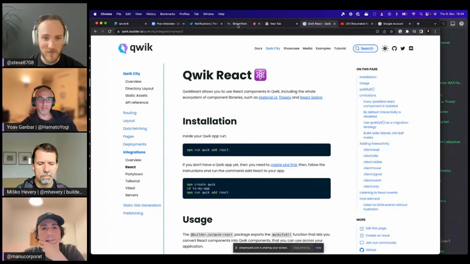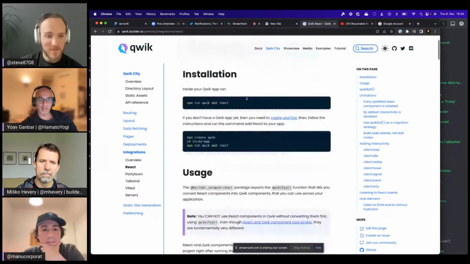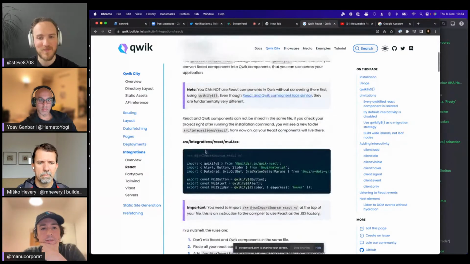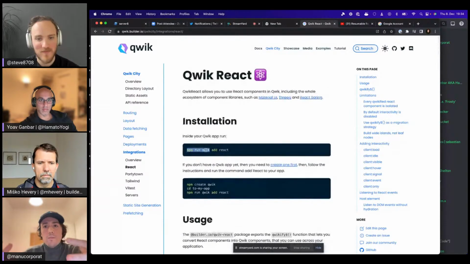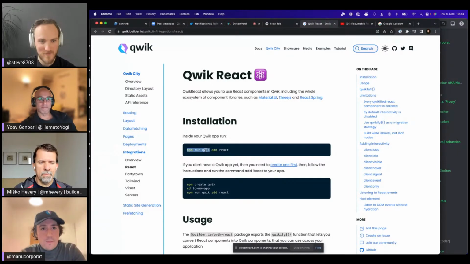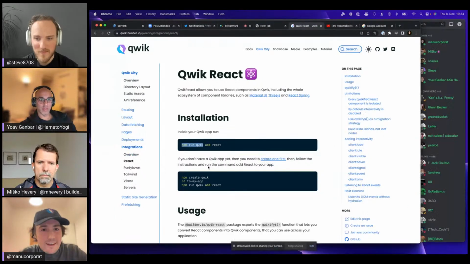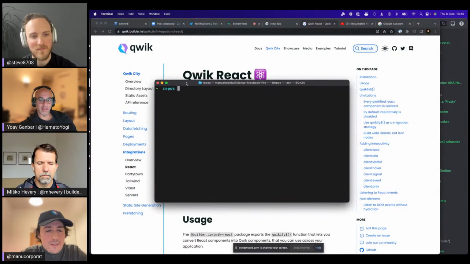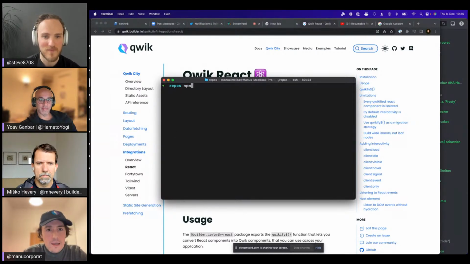Yeah. Manu, walk us through it. Yes. So now it's something that you can already try. If you just run npm run qwik, I will show it in a second. But as you said, not only can you use these components in Qwik, you can maybe use them without even loading any JavaScript, which is the kind of superpower that Qwik can get to. So I'm going to try to create a demo from scratch. I'm going to just run npm create qwik.